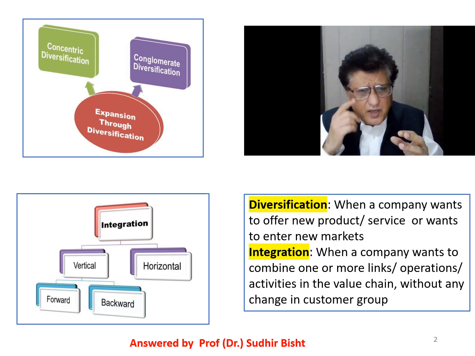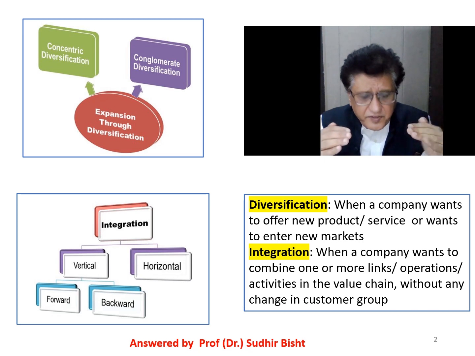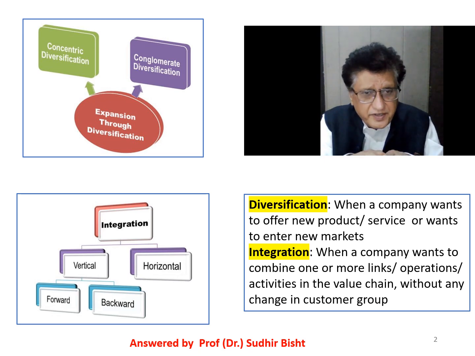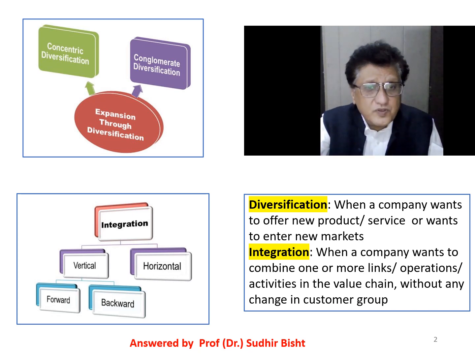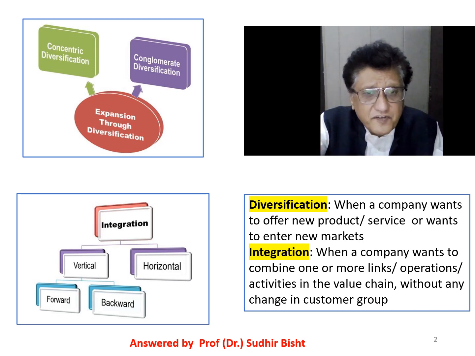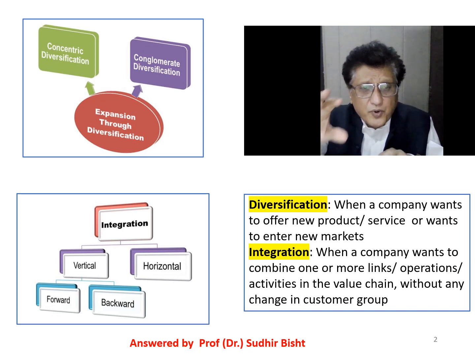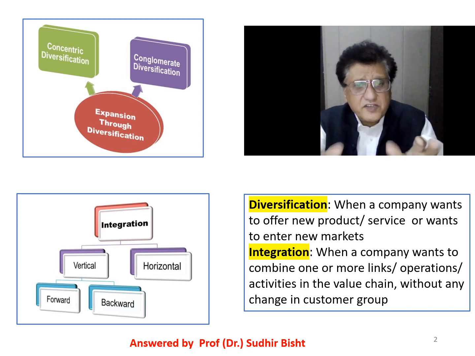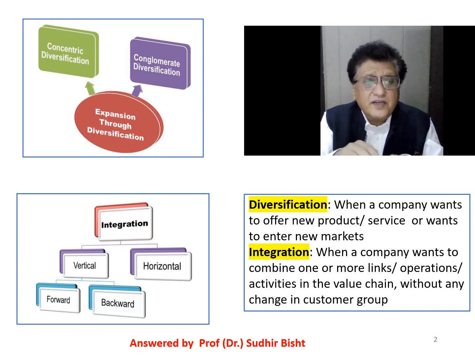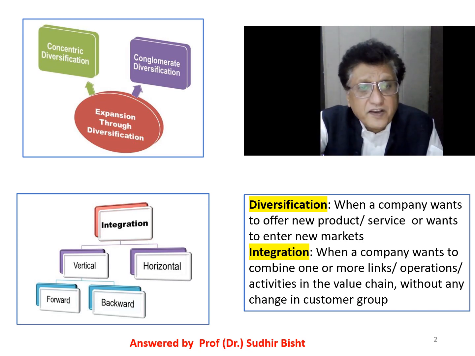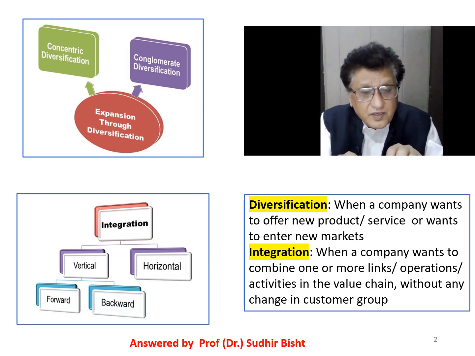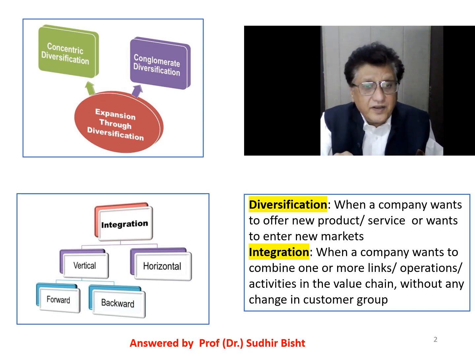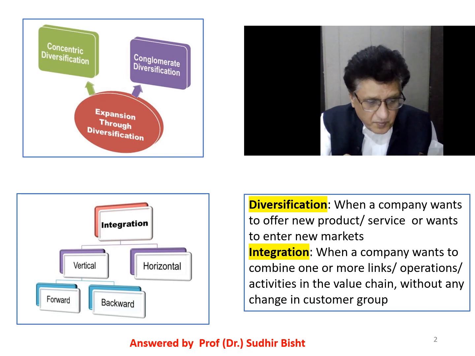Let me explain. If there is a milk manufacturer or a dairy owner, and that dairy owner is supplying milk to many confectionery shops, if it also acquires one of the confectionery shops, because the main product used for Indian sweet shops or confectionery is milk. So if a milk manufacturer acquires or opens a confectionery store, it is forward integration. If it goes to acquire the cattle fodder or the cattle feed which is supplied by somebody else, it